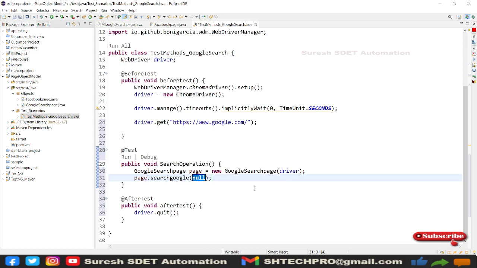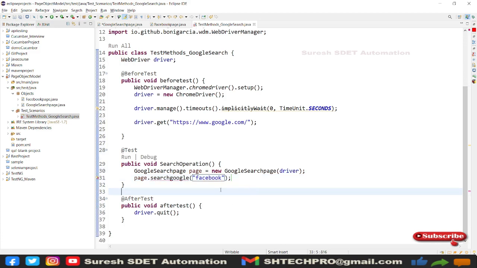So we need to search something which is called Facebook. So you can directly provide Facebook, or you can integrate Excel file operation or JSON file operation. So you have a number of data driven testing methods. You can call those and you can pass the values to your methods. So for now I'm directly passing my values here.